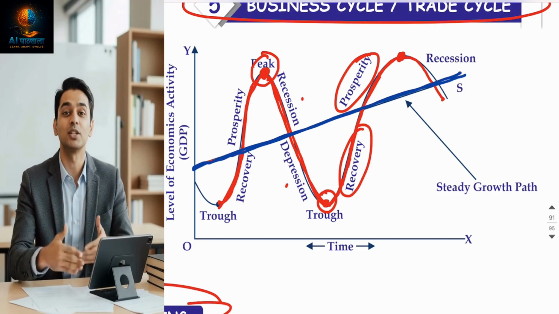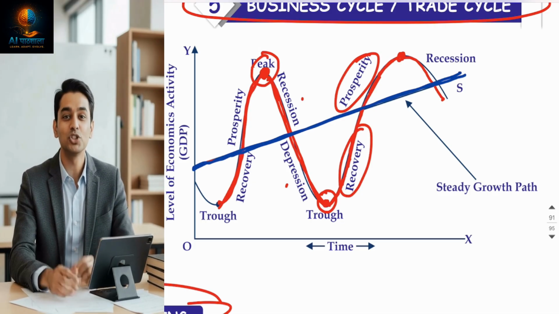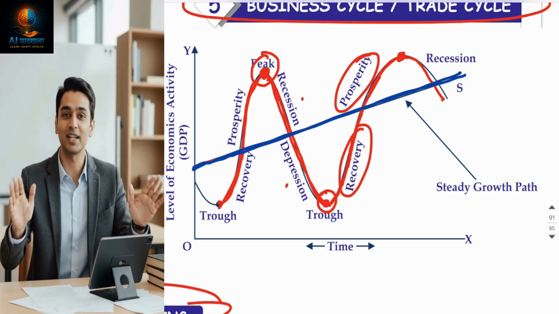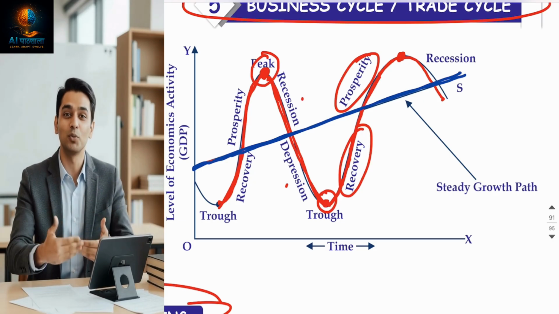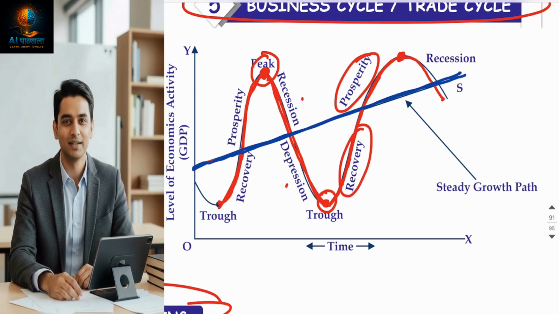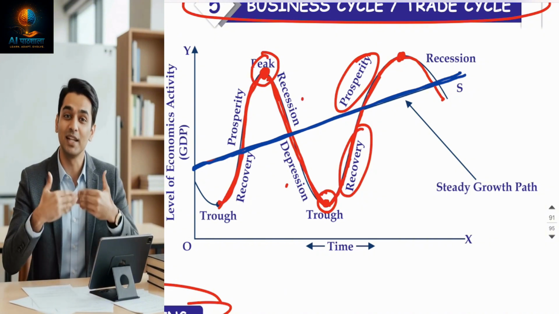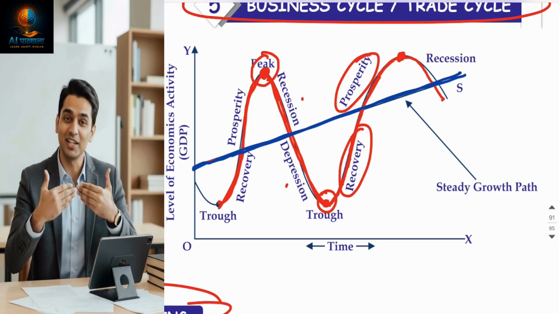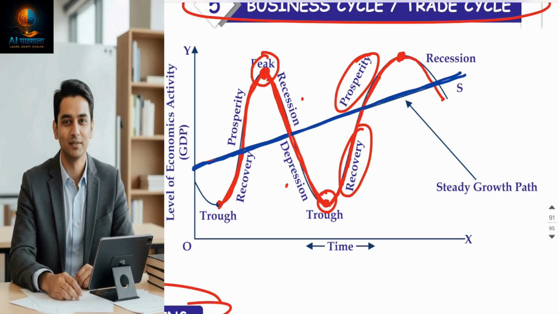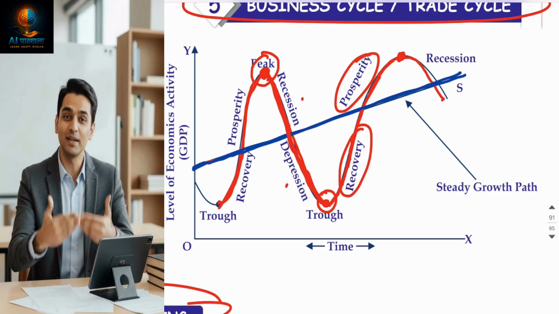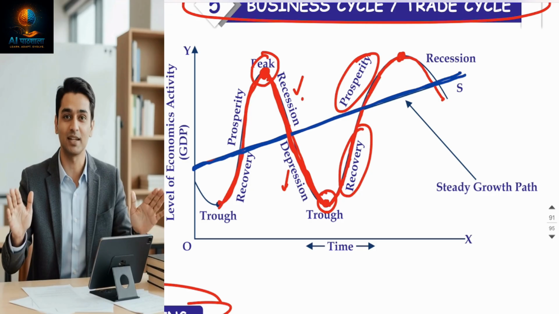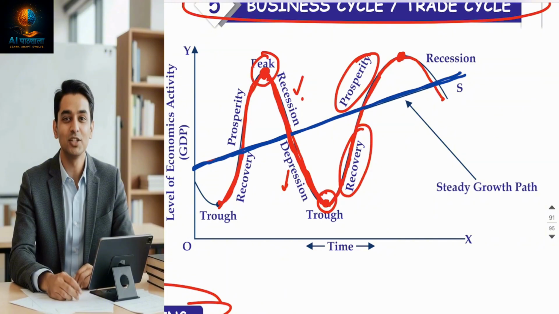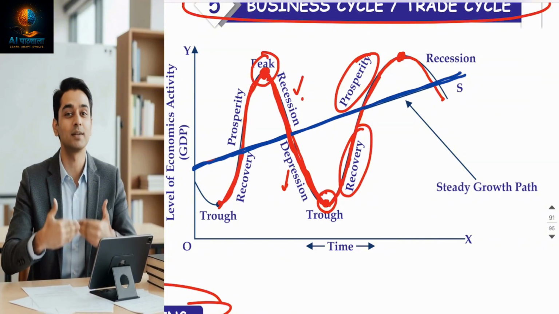Expansion is always a golden period for any country. All countries want to expand themselves, but expansion has its end. Peak means the country, government or economy has achieved the top achievement. Beyond that, they cannot achieve anything with the availability of the resources. After that, the economy goes down again, which is called slowdown or contraction period. The contraction period is divided into two parts, that is recession and depression. Both are part of contraction. When the country goes down, it is the worst situation that the government has to handle, and people are suffering.